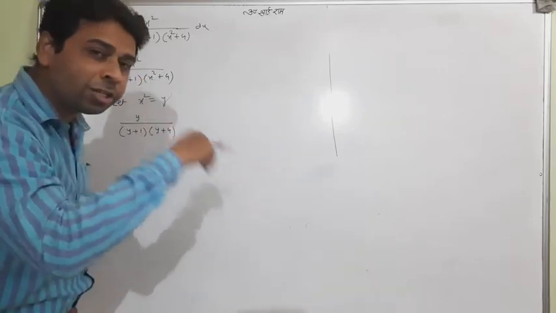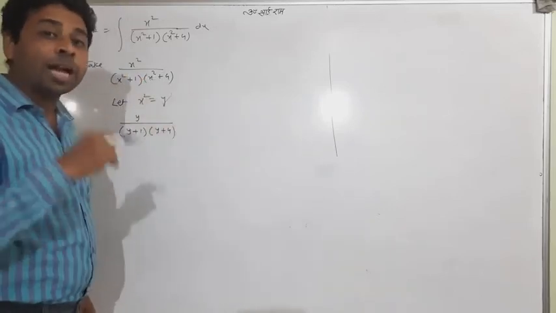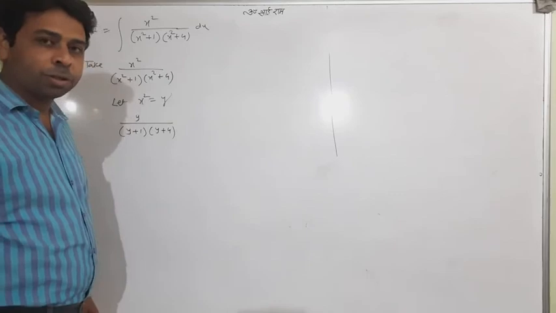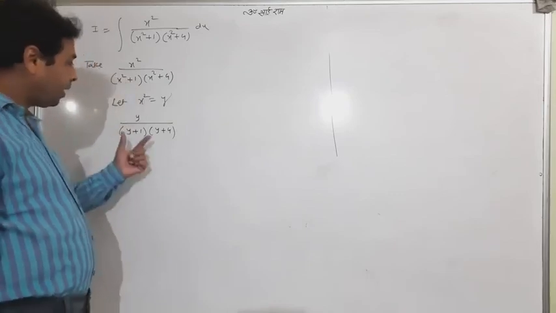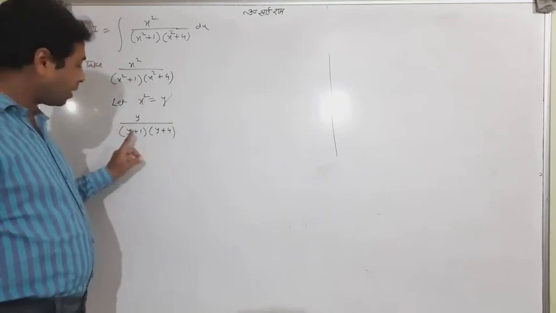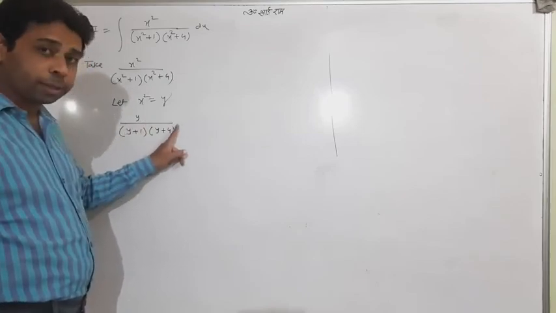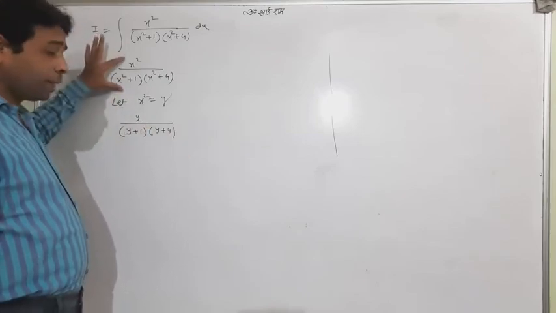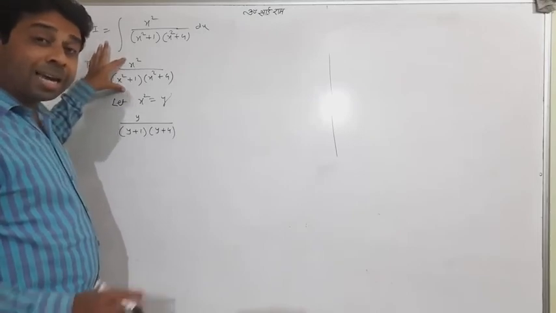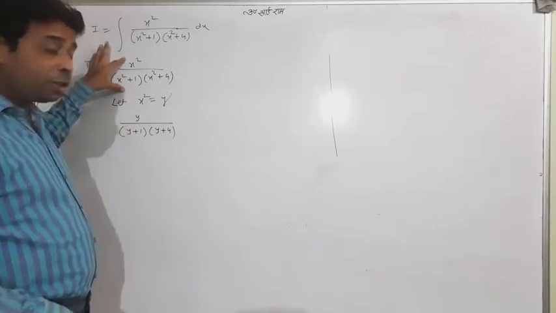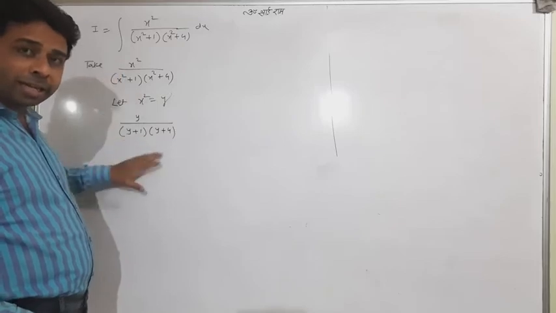The question has changed into the type 1 concept. What does type 1 say? In the denominator, factors are linear, without repeating, and the whole power is also 1. But when you see this one, it is not type 1. But I intentionally use this concept and turn it like that.